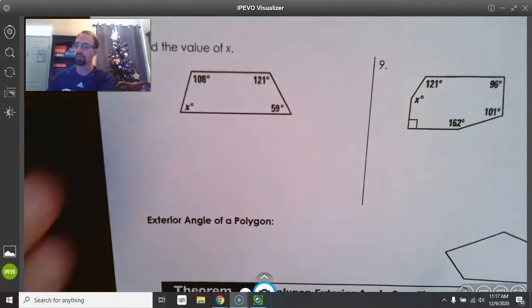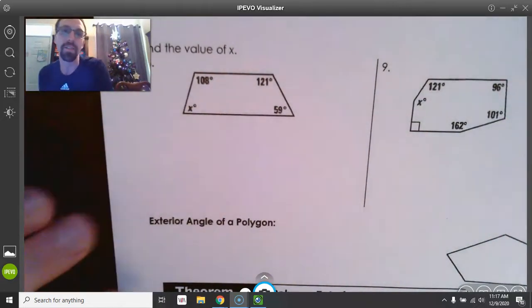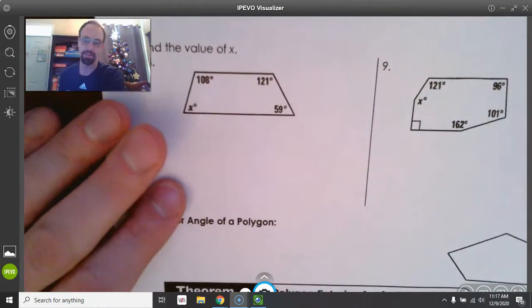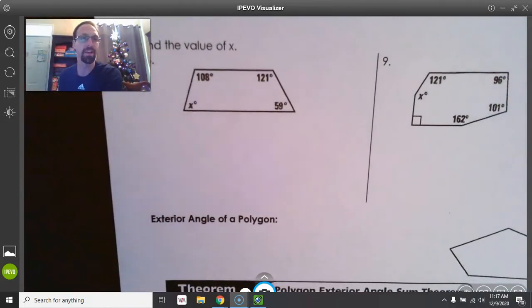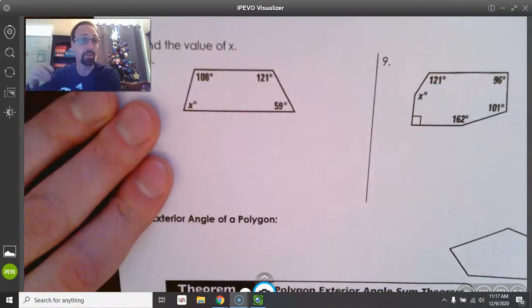Now we're on page number 3, finding the value of x. And that's all that it says. It doesn't say use the formula that we used on the previous page, although we need to, because first we need to figure out how many sides this shape is. This shape has 4 sides, it's a quadrilateral, and I know that I'm looking at the interior angle measurements, so